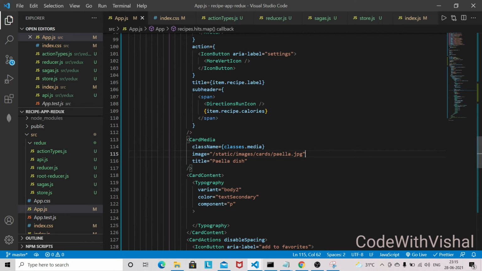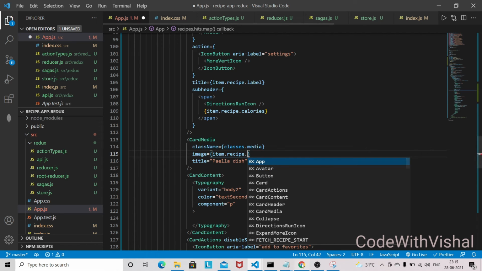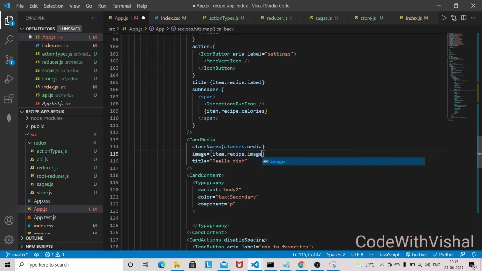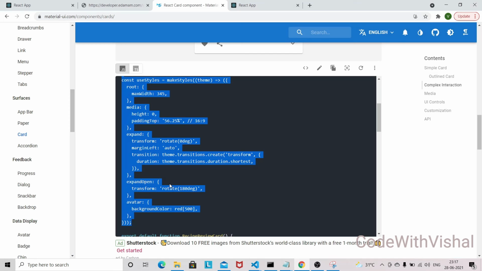And let's also give the image here. So image will be item dot recipe dot, what do we have, image. I think we have the same name, image only. So I am going to just copy this style.